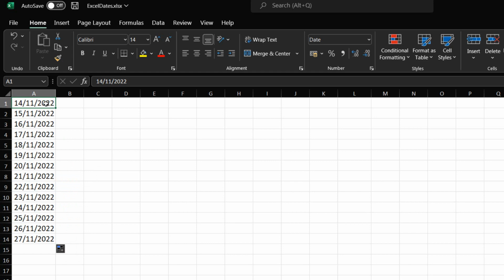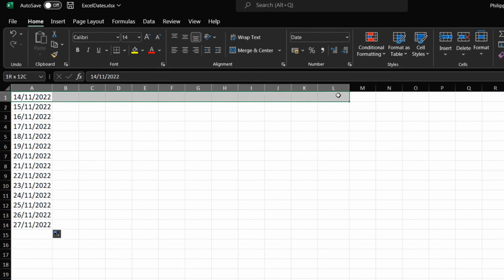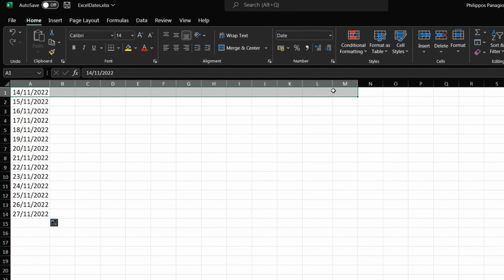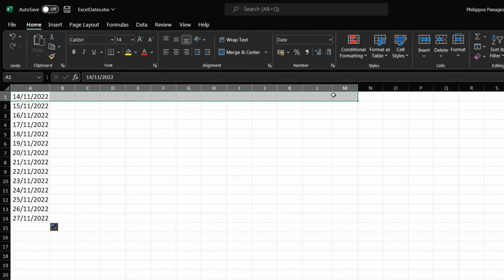To create a list of sequential dates, we can also use the fill command. I have typed in the first date needed in a cell. Then I must select the cell with the actual date and the area of cells which I need the sequential dates to appear. As mentioned, it can either be horizontally or vertically in the spreadsheet. Once the area of cells is selected,